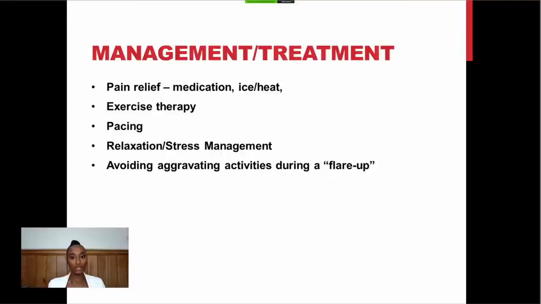Now, the difference for when you should use ice and heat: ice acts as an anti-inflammatory. So if something is looking a bit red, swollen, quite warm to touch, that's when you would want to put ice on it, okay? And if something is not really swollen, but it's just quite painful, a little bit stiff, that's when heat can be more useful. Heat will help to widen or open up your blood vessels, which lets more blood and oxygen into the area, which can relieve tension in the muscles. Whereas ice, as I said, acts as an anti-inflammatory. It will close down the blood vessels and prevent more fluid from getting into the area.